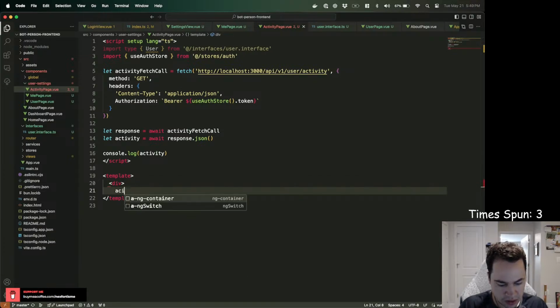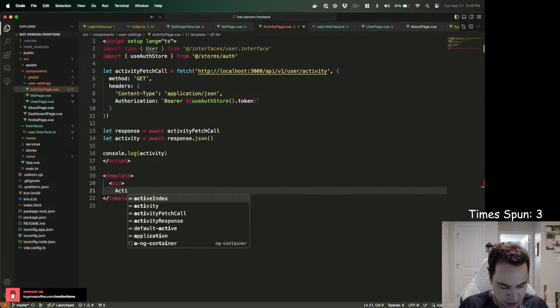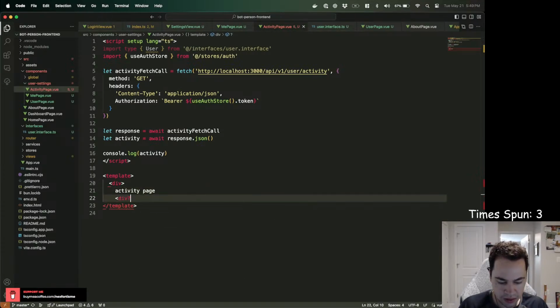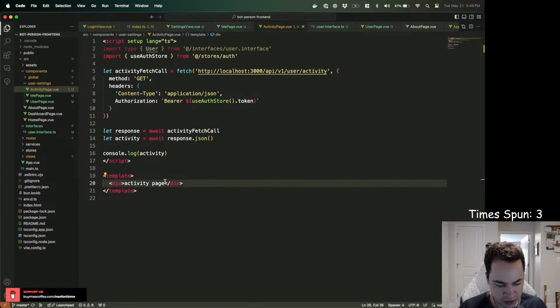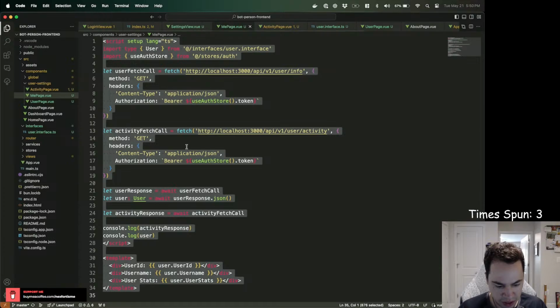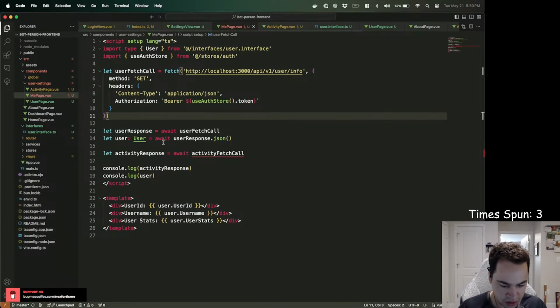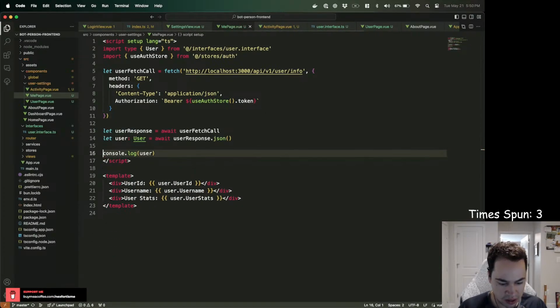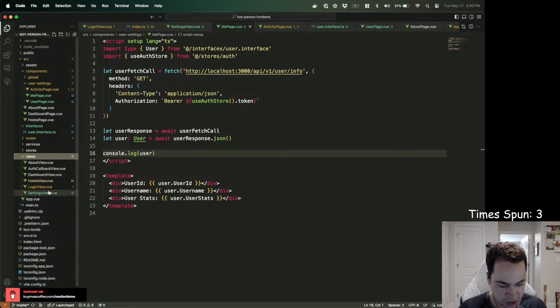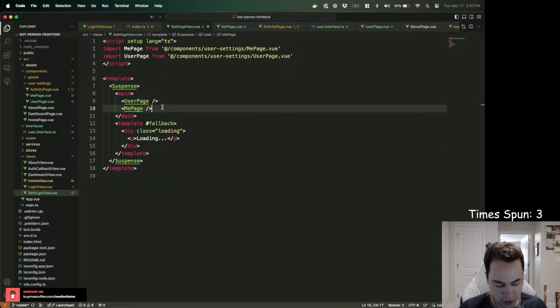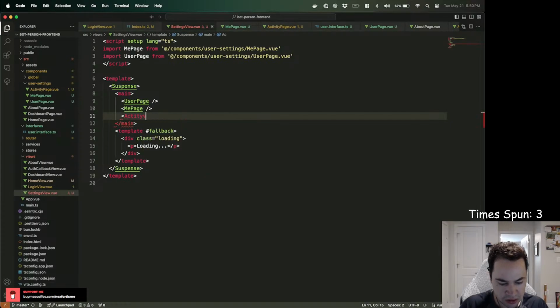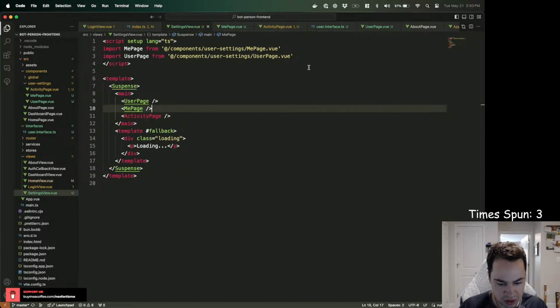Then okay, I know I'm just sitting here silently as I'm trying to figure this out. I'm thinking super hard. Don't mind me. So this is the activity page, me page. We need to back the stuff out for the activity call. Don't need that at the moment, and then go back to the views here, the settings view, and then instead of the me page, activity page, and then